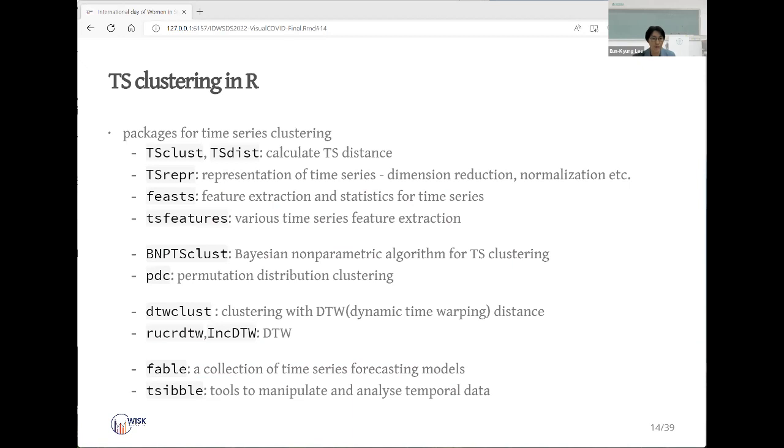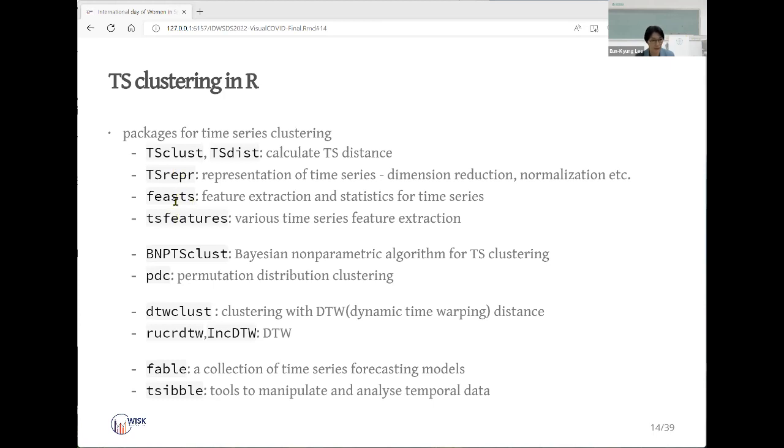In this talk, we focus on time series clustering in R. Many packages are already being developed. TSclust and TSdist are for calculating distance of time series data, and this one provides representation of time series data like dimension reduction and normalization.